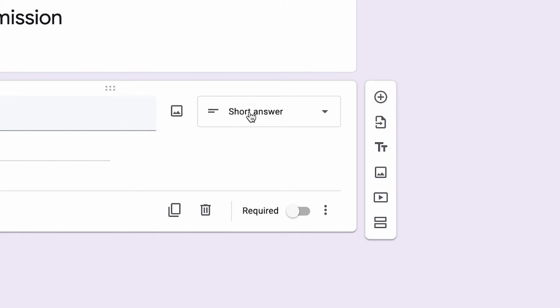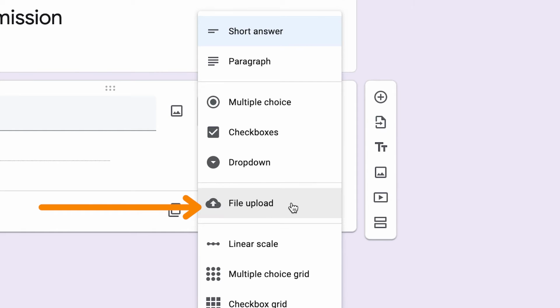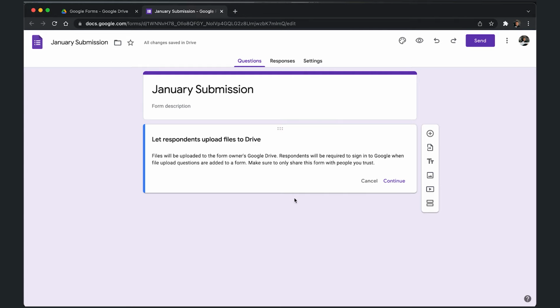and the part where we make it available to receive files is you're going to go to where it says short answer, and this is the type of question. Then you're going to go to file upload. Now it's going to tell you that if you are the owner, which you are, creating the Google form, you're going to be the one receiving the folder with the files. So what I'm going to do is click continue,